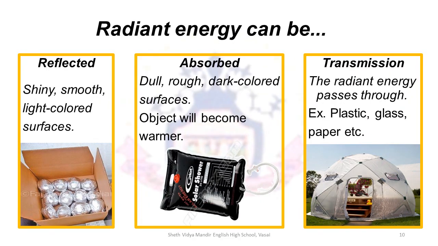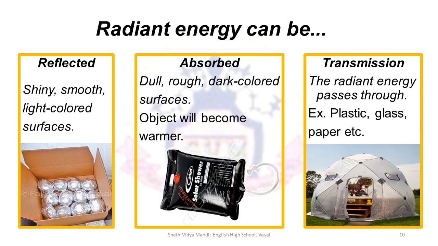Now, radiant energy can either be reflected, absorbed, or transmitted. We already know that some substances transmit radiation energy and some substances absorb radiation energy. That is why usually in the summer season people wear light colored clothes and the roofs of some buildings are painted white in color. The lighter they are, the less heat they absorb, and so we feel cooler.